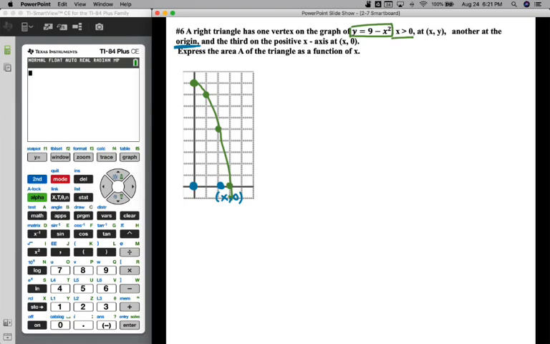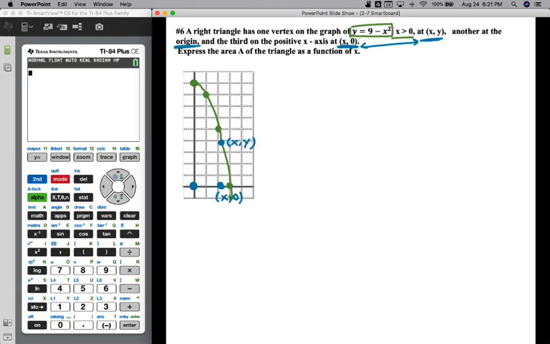I don't know what the numerical value of x is. That's the point here. And then the third and final vertex of this right triangle is on the parabola at the point (x, y). So here's the deal. These two vertices have the same x value. So that means that our third vertex is going to be directly above